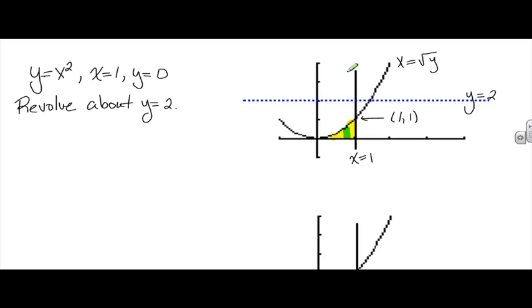So I'm going to ask you to, even though we could do a vertical slice, let's make it horizontal. And I have solved the equation for x for our curve, because when working with horizontal slices, we have to have equations in terms of y, so they're solved for x. So if this makes a shell, here are the things we need: the radius,